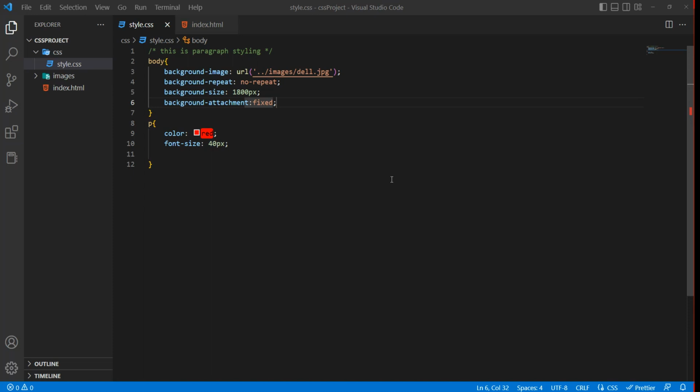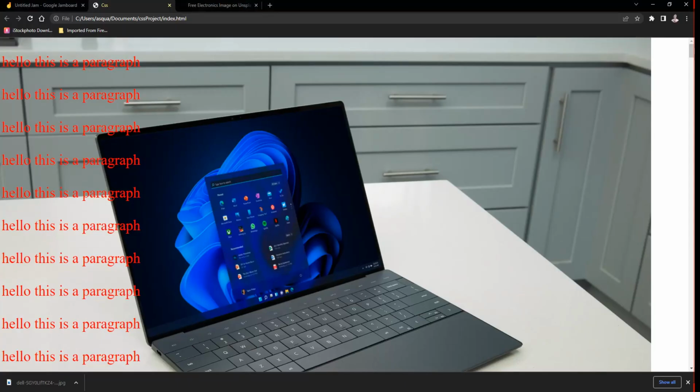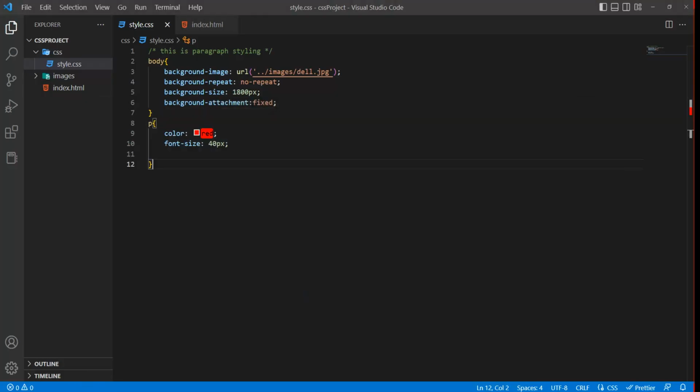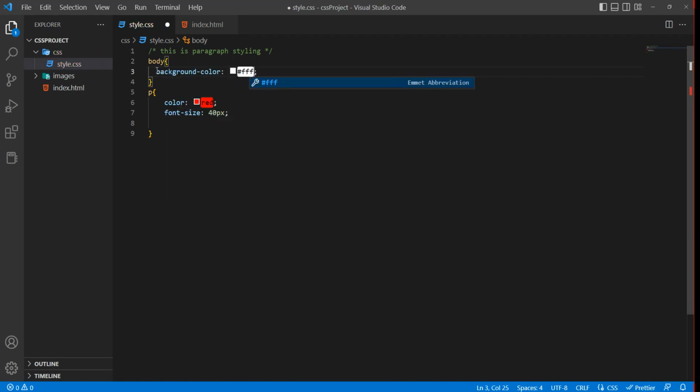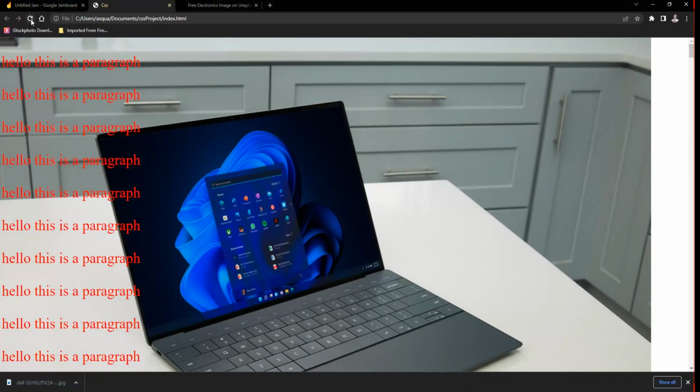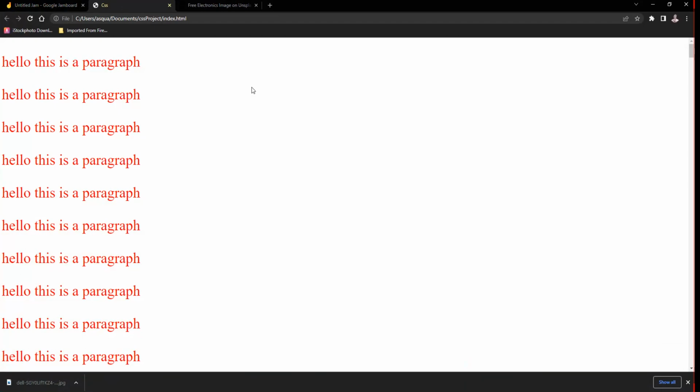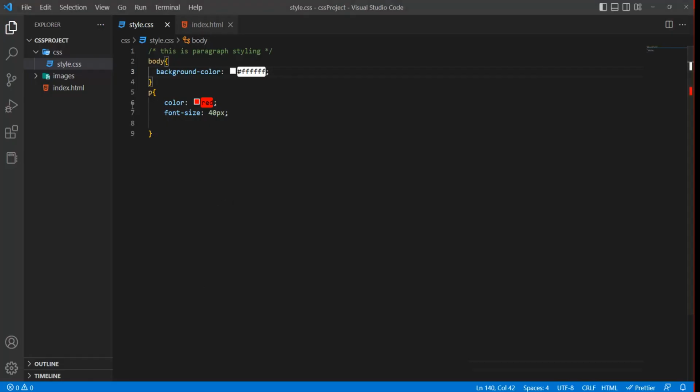it's going to be very interesting. So let's talk about borders. How do borders work? Should I keep our background image? Okay, let me change it to a background color. Let's use white. That will be FFF. So if I refresh, the background color will be white. Let's make it white so it's a bit easier for us to see things